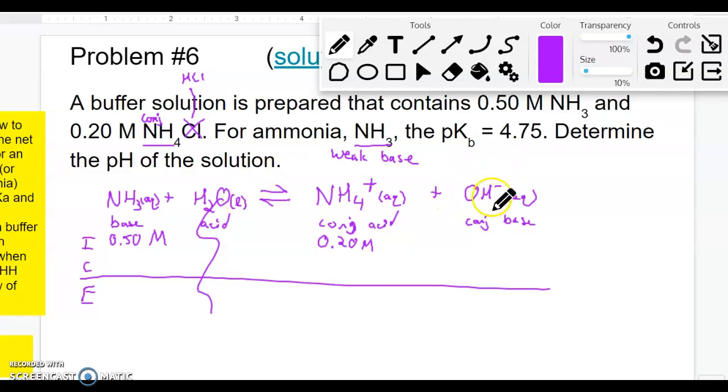And the OH minus, we are not given any information about it. We can assume that this is just 0. And we don't have to have that. But then,